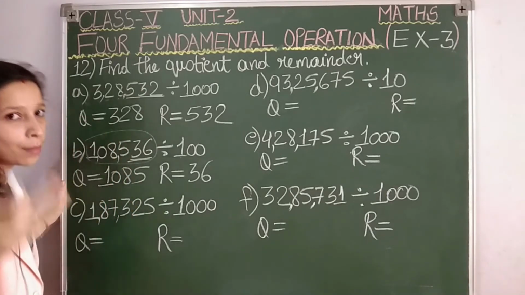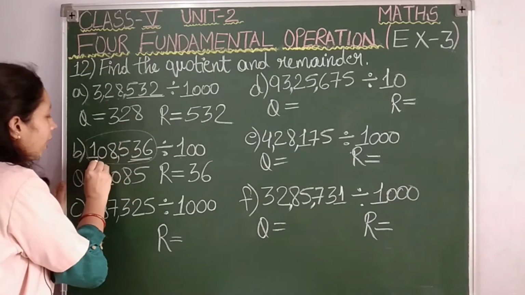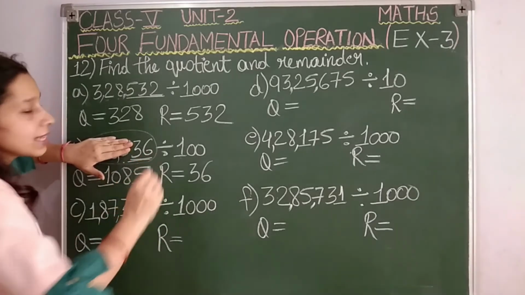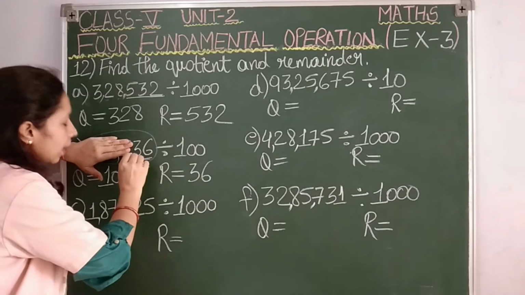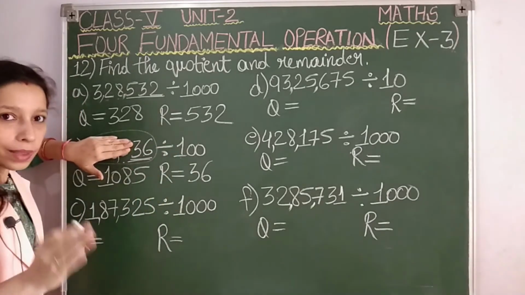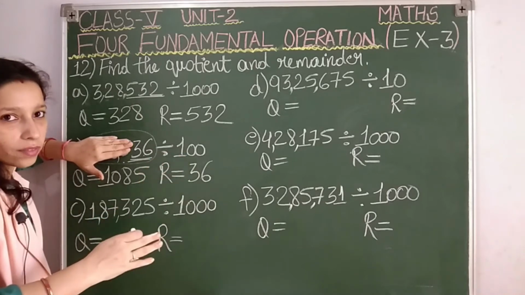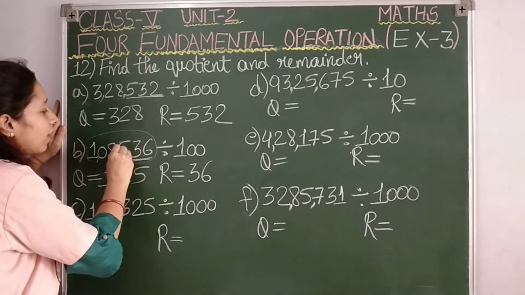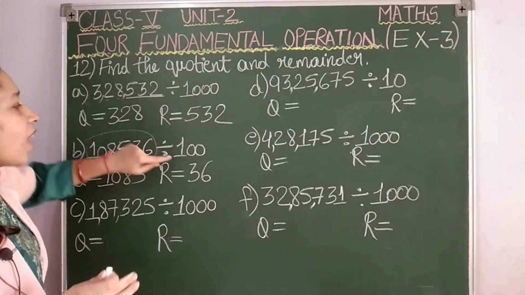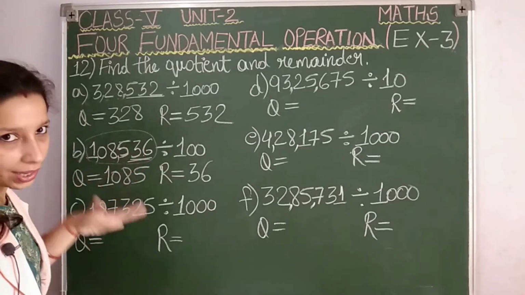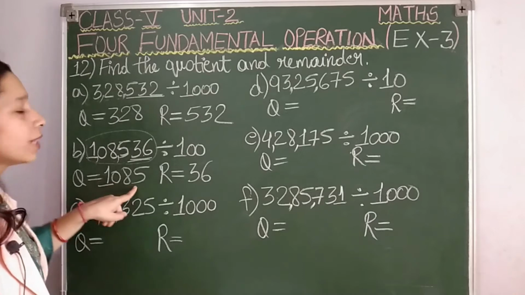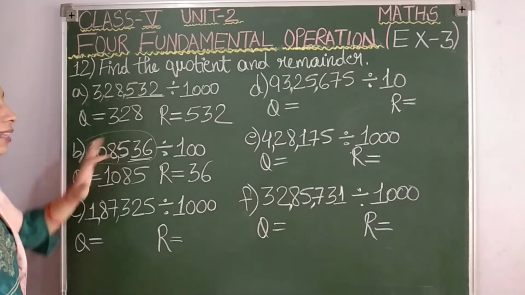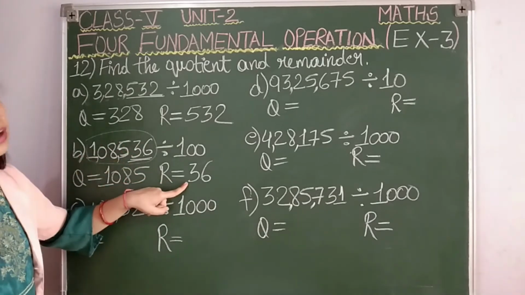Let us see, I am again reading the number. 1,08,500. Okay, after 500 I will read it as 36. So students, you only tell, is it possible to divide 36 with 100? No, because 36 is not going to come in the table of 100. Na? But what I read these numbers as, I read it as 1,08,500. So surely 1,08,500 is exactly divisible by 100 without leaving any remainder. How many times? 1085 times. When we multiply 1085 with 100, you are going to get 1,08,500 and the rest of the digits will be your remainder, that is 36.